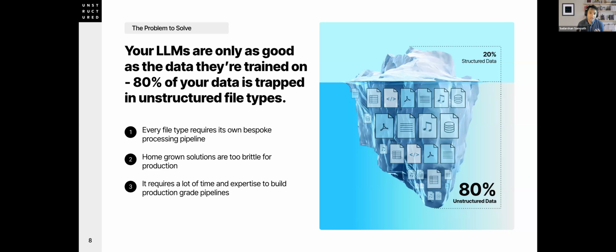And you might have seen this in your own companies, where you're building a lot of these bespoke pipelines and data processes, and they don't integrate together very nicely. And it requires a ton of time and expertise to build production pipelines. And so 20% of the world's data is structured, and those are things like tabular data, like the base example would be an Excel spreadsheet, but really any sort of relational database type data. But 80% of the data is unstructured, right? Obviously, code is unstructured data in some ways, audio, video, your PDFs, memos.